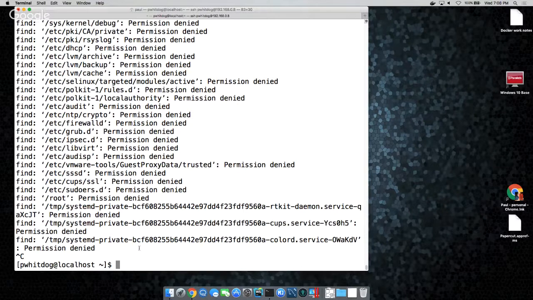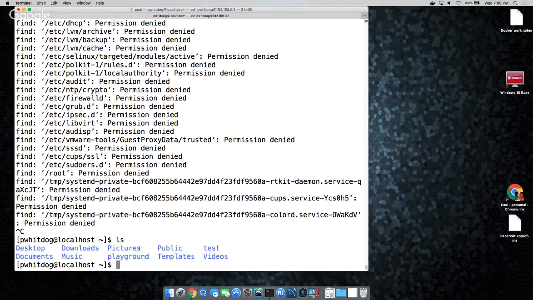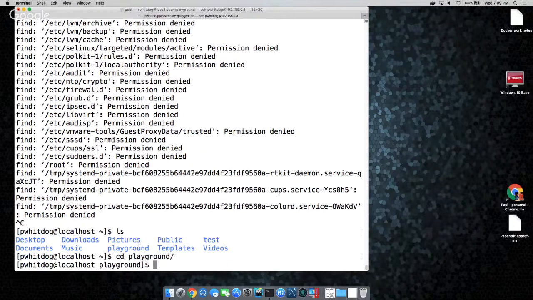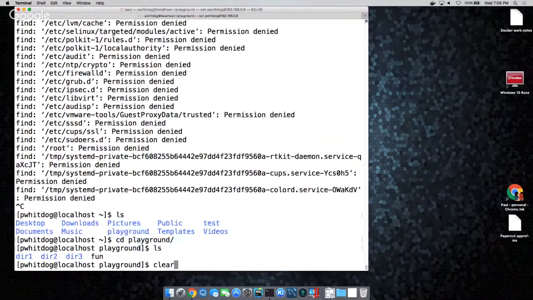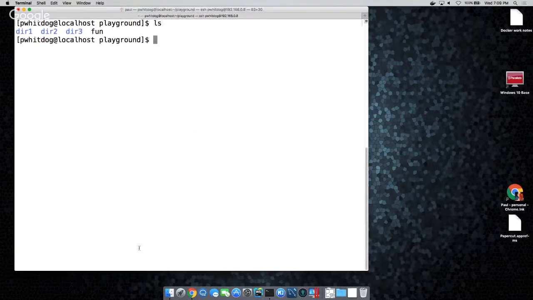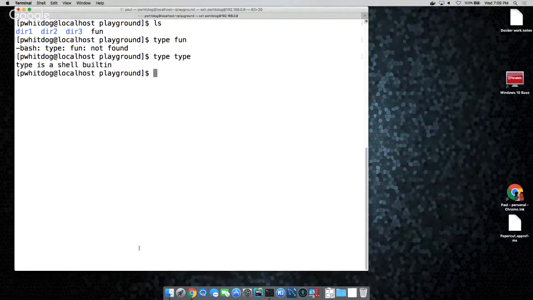Type was a new command to me. I think a new command to Scott too. And he talks about the types of commands in Linux: executable programs, commands built into the shell, functions, or an alias for a command. So we said you can alias mkdir to md if you wanted to be like DOS, that'd be an alias. You can use the type command, type, and then the name of the command you want to know. So type space type is the example that he gives us. And it says type is a shell built-in. So the type command is a shell built-in command. So do type ls.